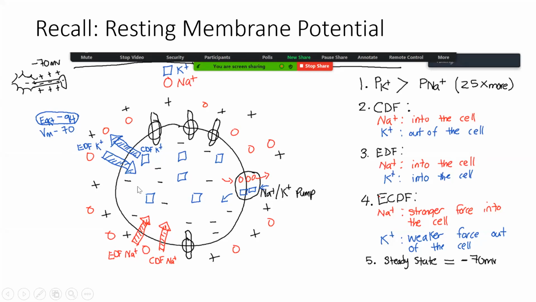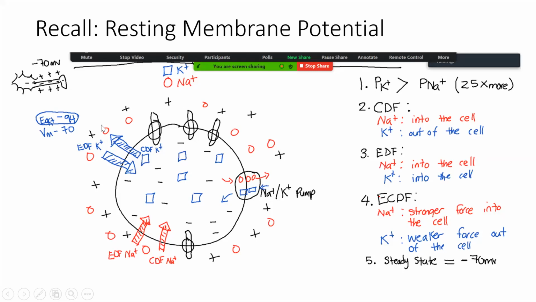And so for potassium, for example, it has a chemical driving force out of the cell. So in order for this to be at equilibrium, the direction of movement would be out of the cell according to that concentration gradient, but its electrical force is going to be into the cell, okay? Where it's a positive charge ion trying to move to the negatively charged environment on the inside of the cell. And so we see two different directions of the force. So we subtract those different values and we get a smaller force that's in the overall direction out of the